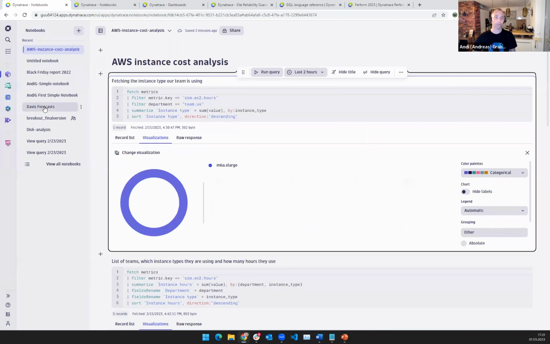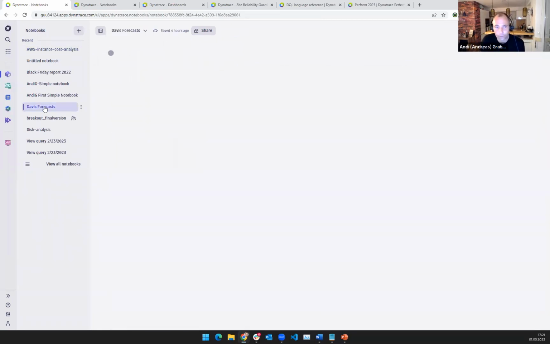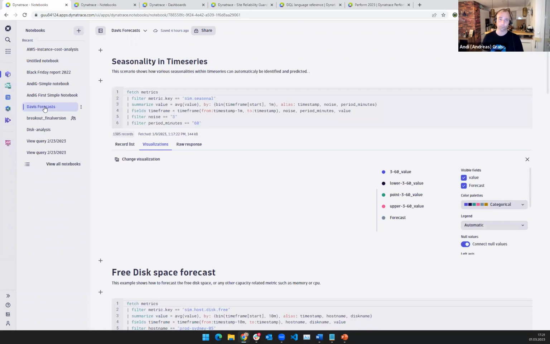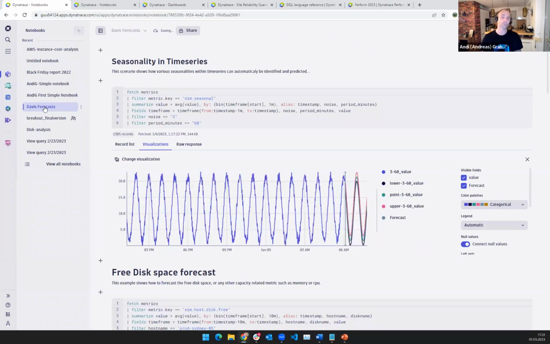Davis forecast, because one of our colleagues, Wolfgang Baer, also did a great breakout session on some of the new capabilities. We have forecasting capabilities. So in the notebooks, if you're looking at time series data, you can ask Davis to forecast future data, right? Whatever data you have, you obviously know that we have anomaly detection with multidimensional baselining, but now we also give you a forecasting capability where on a dashboard or on a notebook, sorry, I still have to get used to the terminology on notebooks, you can also enable forecasting for metrics.